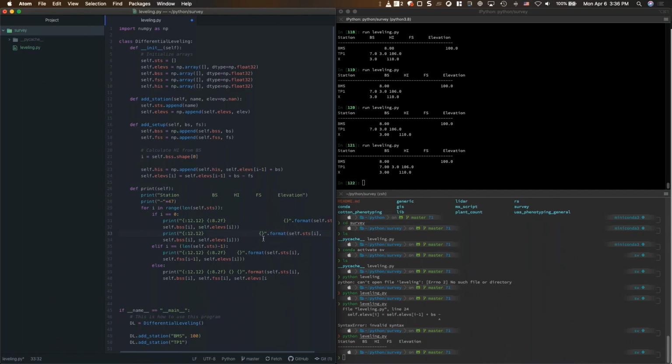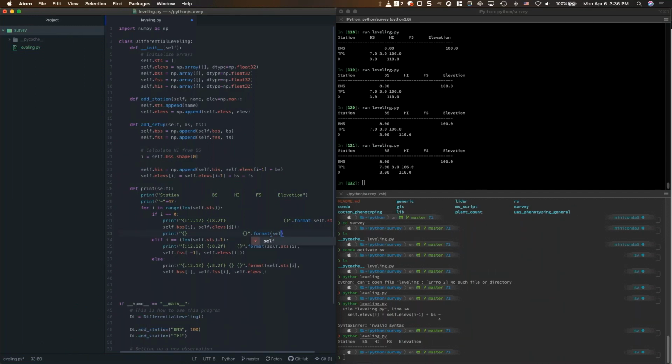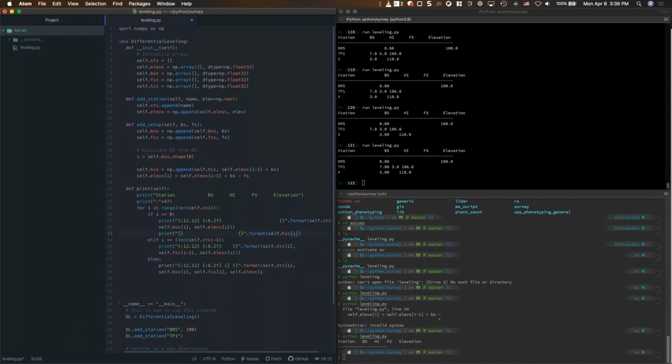Let me just check that. Note. That's just the height of the instrument. That's it. I don't even need to print out anything. Height of the instrument. So height of instrument I, bud,